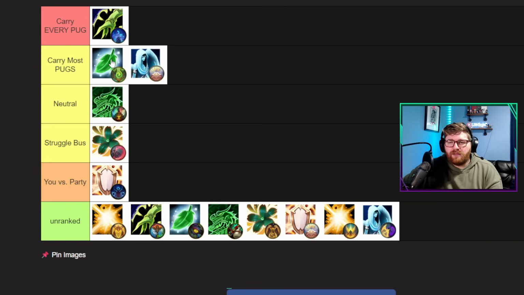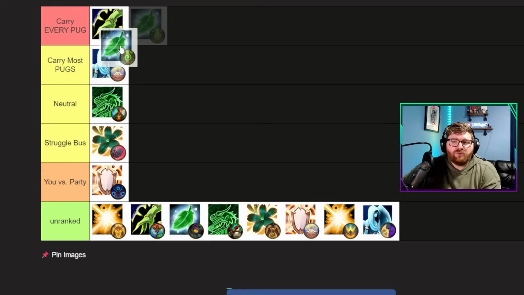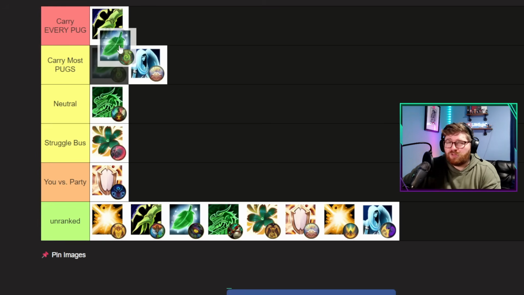So all of these things come together that I definitely just don't think it's on the same tier as Resto Shaman. Now, I will admit, I do think that Resto Druid is a little bit above Holy Priest, so I'm sure most of you will agree with me there. If there were a tier between carry every pug and carry most pugs, I definitely would put Resto Druid in it, because it is a really, really solid healer. But yeah, there are some nuances to the spec that can kind of hold you back. And on top of that, it does take some practice getting used to the rotation for sure,